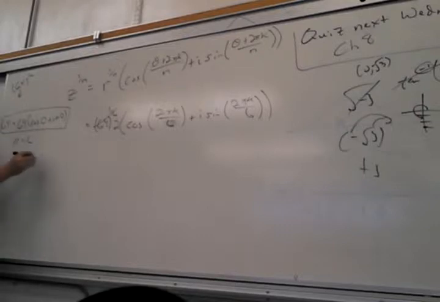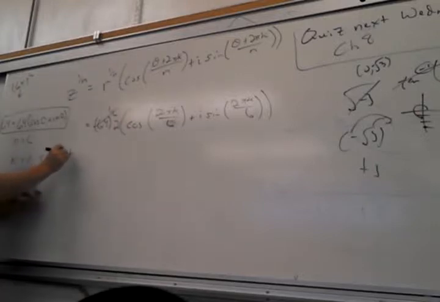0 up to 5, right? N minus 1. And that gives me my 6 answers that I expect, right? 0, 1, 2, 3, 4, 5. That's 6 answers. So if k equals 0,